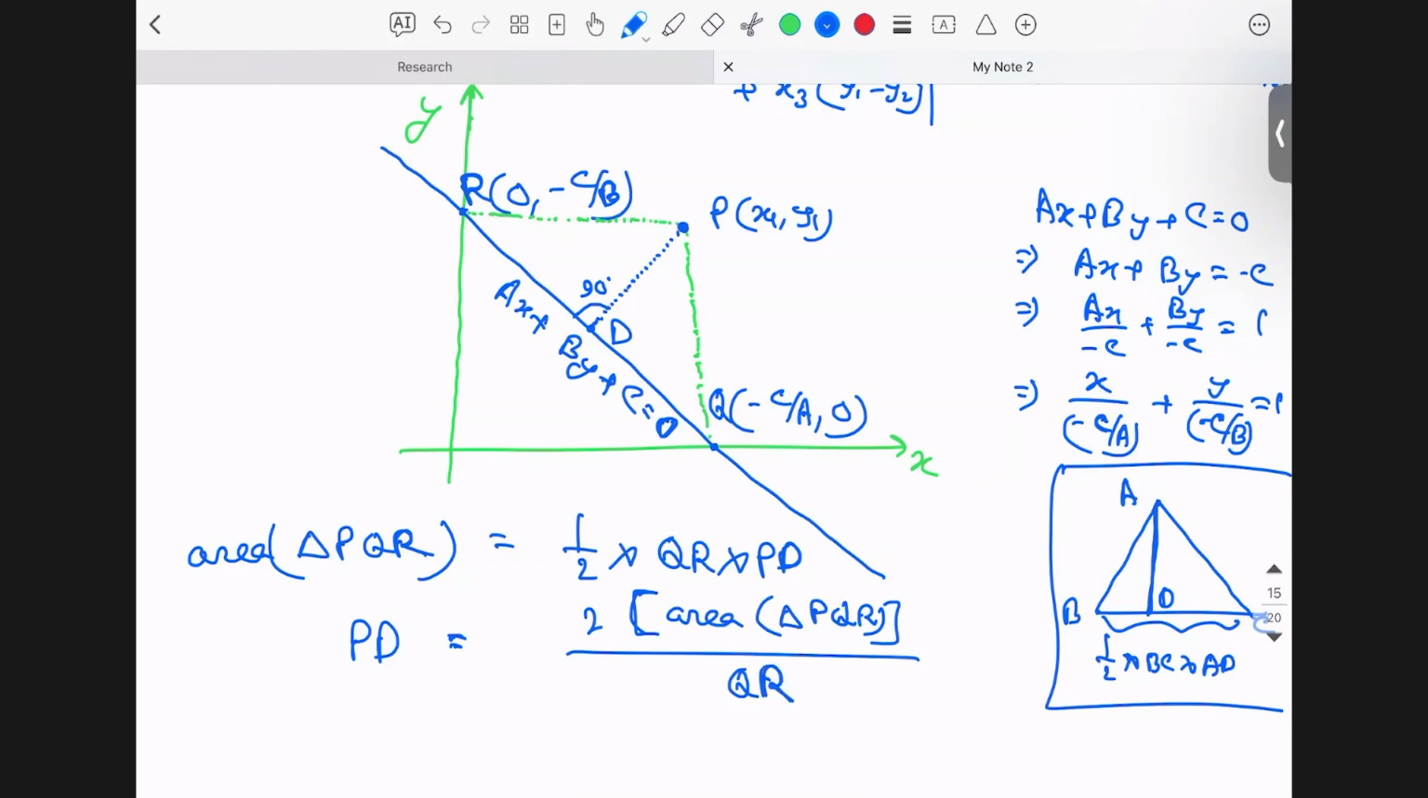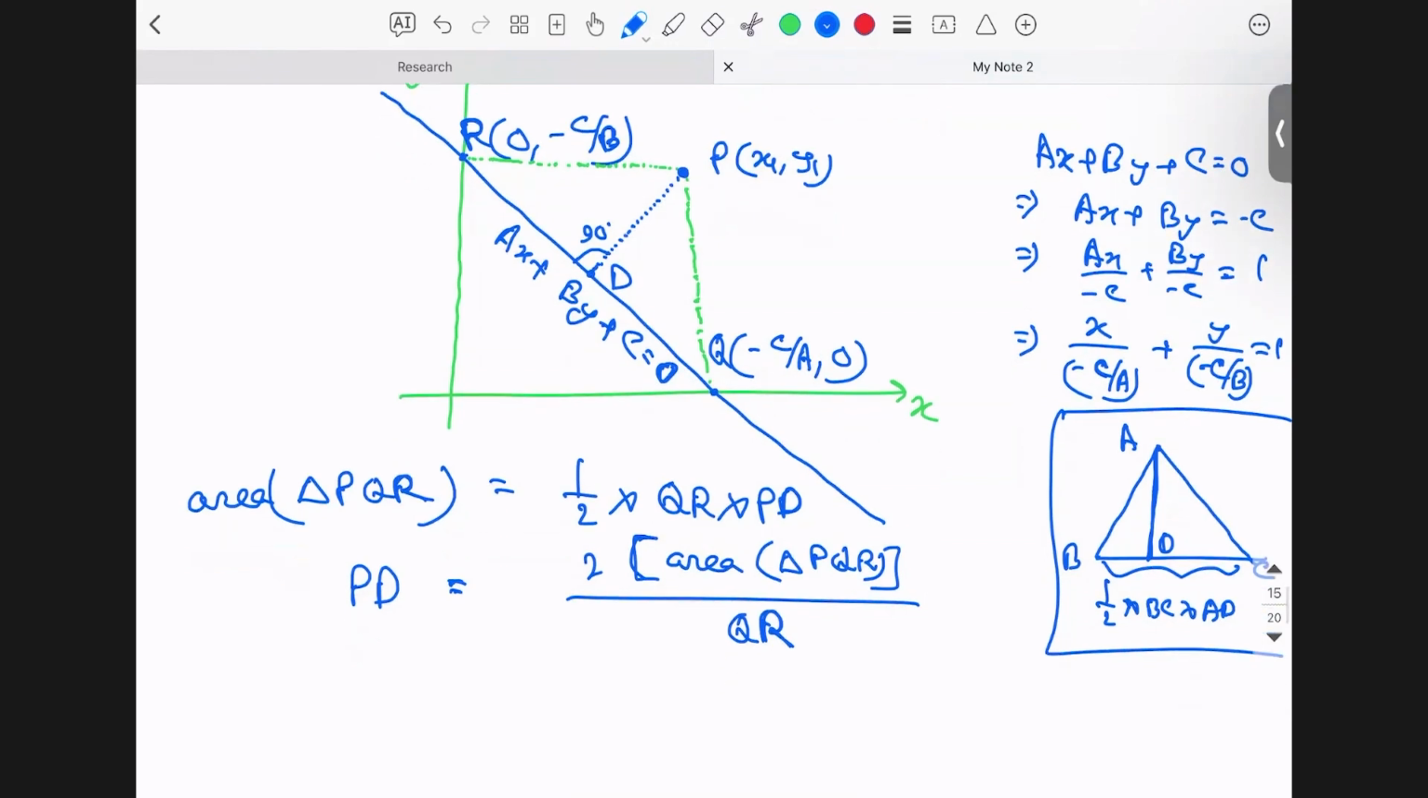Okay. Now, QR means the length of QR. Here PD is the length of PD, and QR means the length of the QR. Okay, now what is QR? QR is nothing but the distance between these two points. So these two points' distance is like